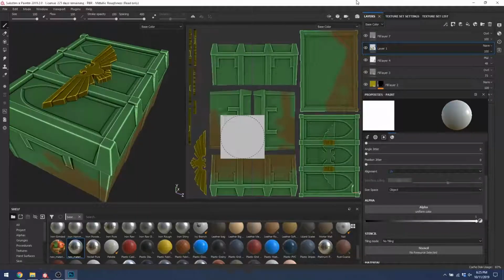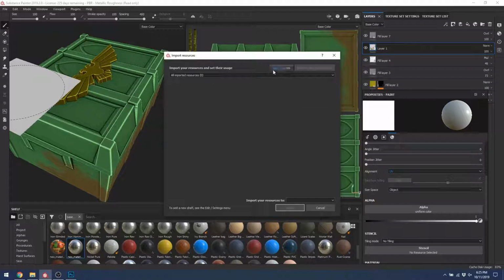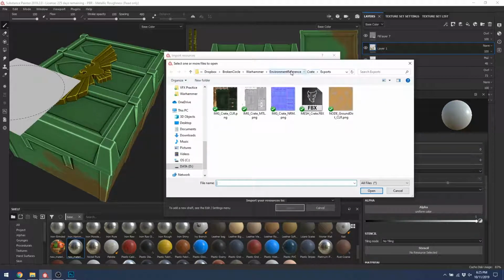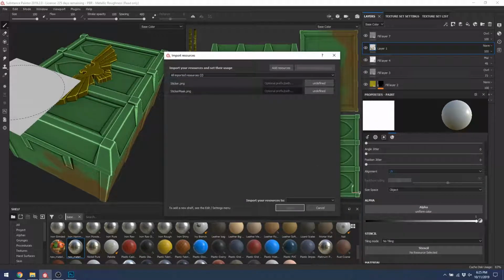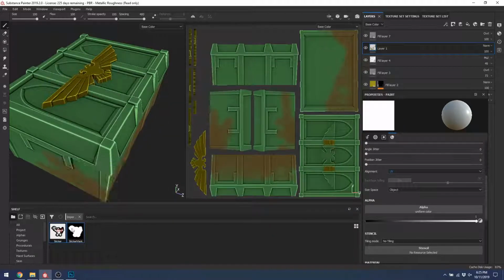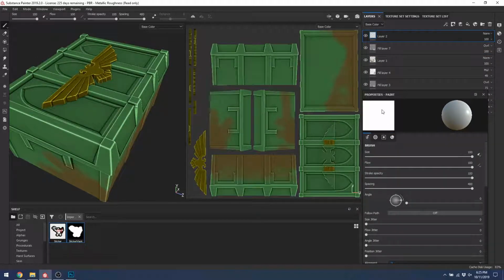Okay, and back to Substance Painter. File, import resources, add resources. Two stickers. I'm going to set the mask as an alpha file and the sticker as a texture file. Import my resources to the current project, and there they are. Okay, so now I'm going to make a new layer, a painting layer, and I'm going to set up